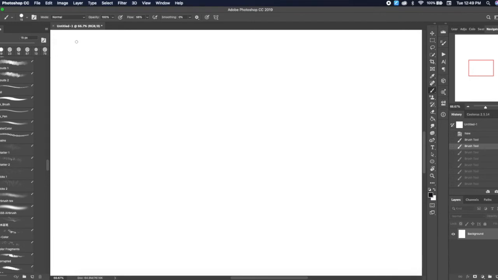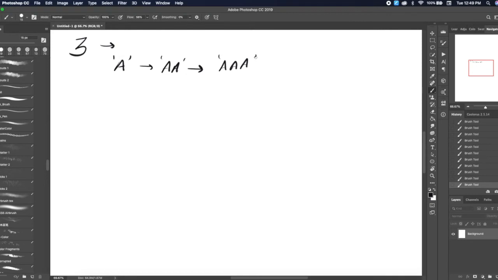So at first, we are given n equal to 3. We can start with only one character, A. To get the solution, we first copy this one character which is present on the notepad and then paste it. And then again, we paste what we have copied earlier. So this was the solution for when n was 3.